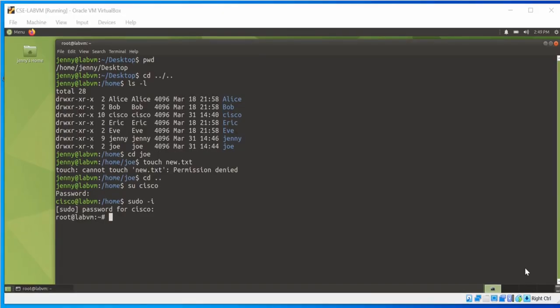Step 4 is to modify the permissions for Joe's home directory. Navigate to the home directory and use the change mode command to change the permission of Joe's home directory to non-executable for user. Enter the cd home